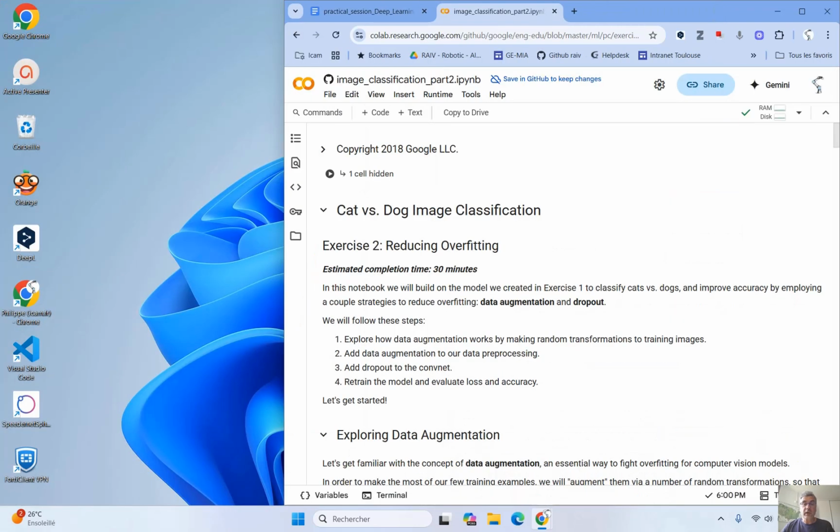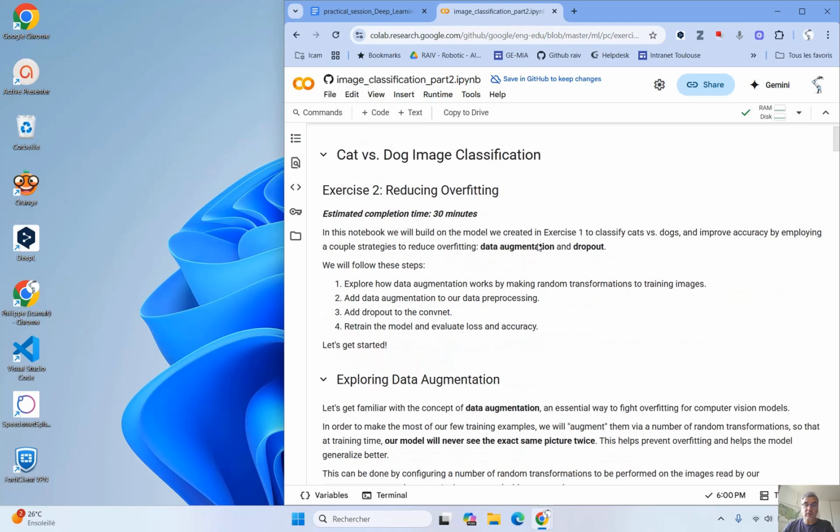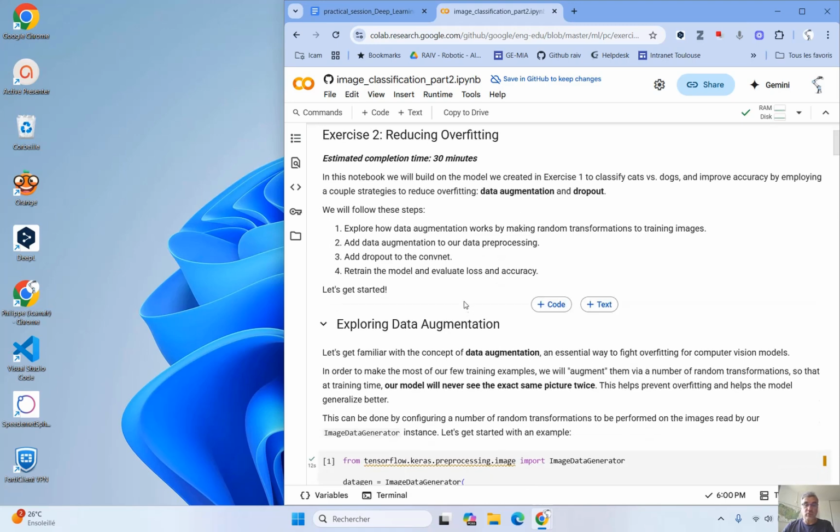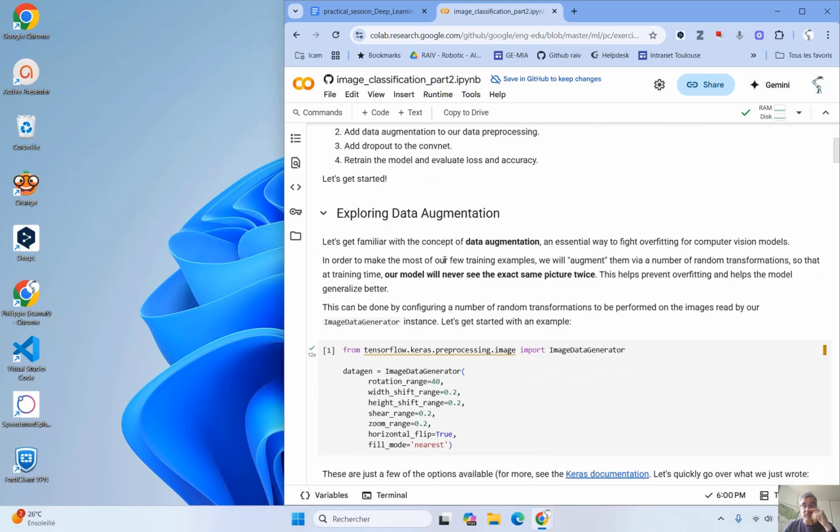Now let's see how we can improve the model to avoid the overfitting. To reduce overfitting, we can explore two solutions. The first one is data augmentation, and the second one is to use dropout. So let's see data augmentation.